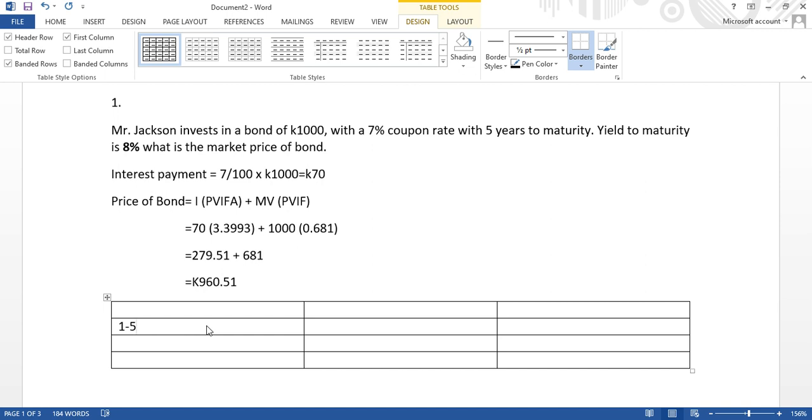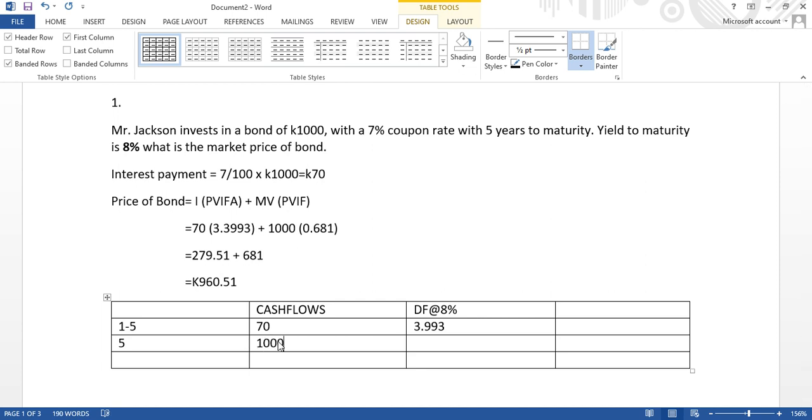Right, you're going to say year 1 to 5. That's when you'll be receiving your interest payments. Right here, you put your cash flows. You'll be receiving your interest payment of 70 kwacha. Your discount factor is at 8%, and as we saw on our annuity table, it's 3.993. You multiply, you get